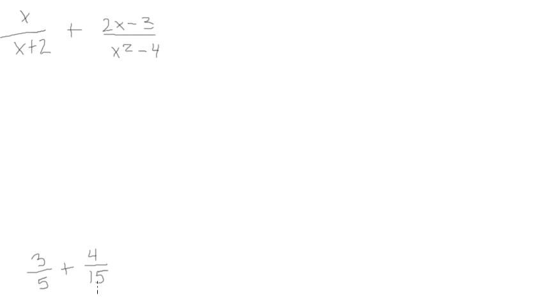I recognize that 15 has 2 factors, 3 and 5. The factor of 5 is already in the denominator of 3/5, so 3/5 is missing the factor of 3. As long as I multiply both numerator and denominator by the same amount, I don't change the value of the fraction, I just change its look. So this problem becomes 9/15